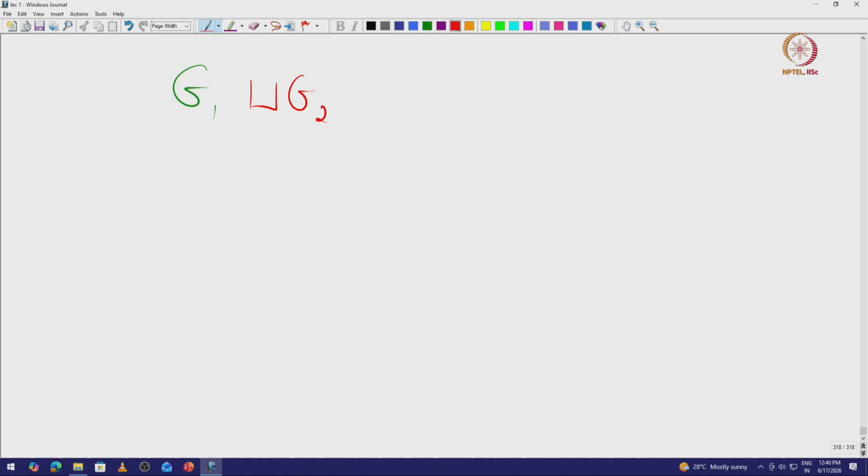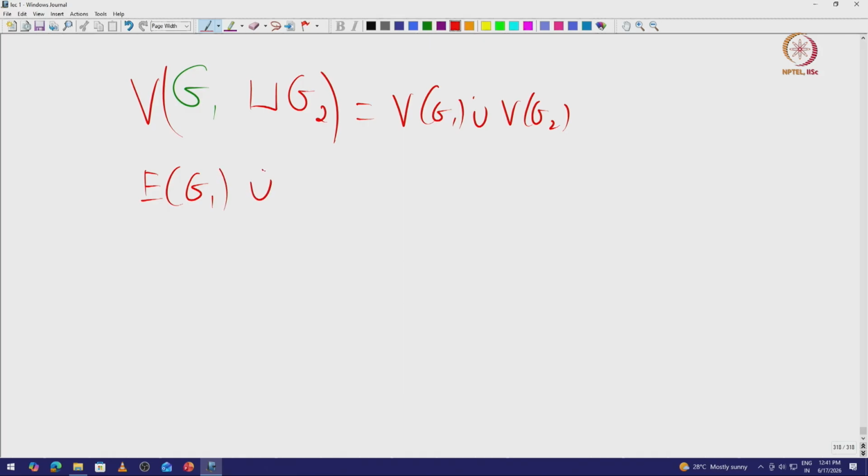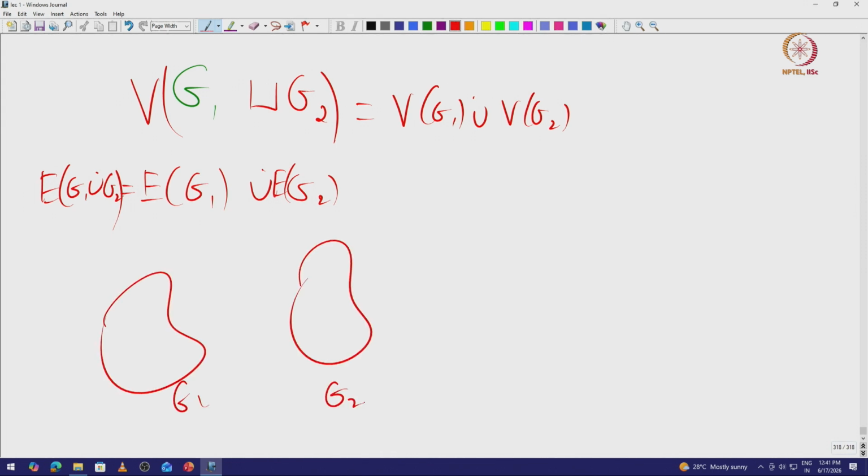You simply take the vertex set of this to be the vertex set of G1 union vertex set of G2. So it is a disjoint union, and similarly the edge set of this union is going to be the disjoint union of the edge sets of G1 and G2. And obviously the incidence function is naturally extended to this disjoint union. So you have G1 here and then you have G2 here, you simply draw them together,